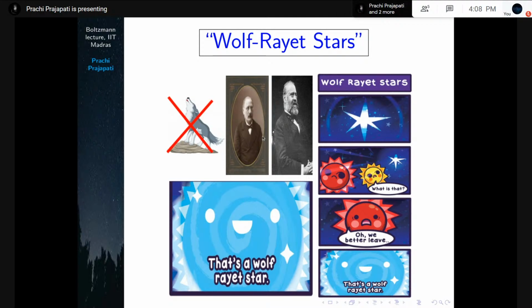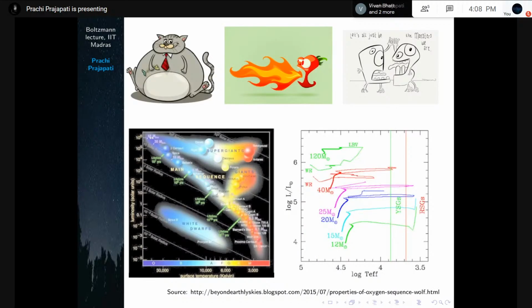This is Wolf and Rayet. These two astronomers discovered these stars called Wolf-Rayet, and that's why the name goes by their names. Now, the main properties: since they are the evolved phases of massive stars,